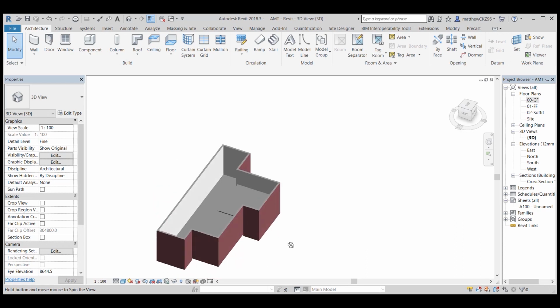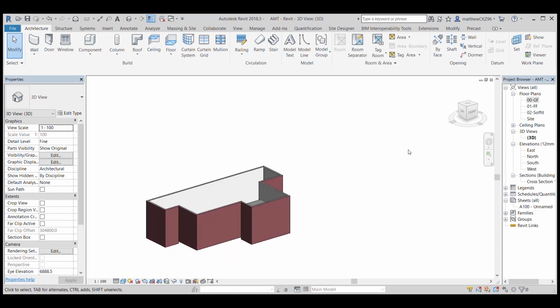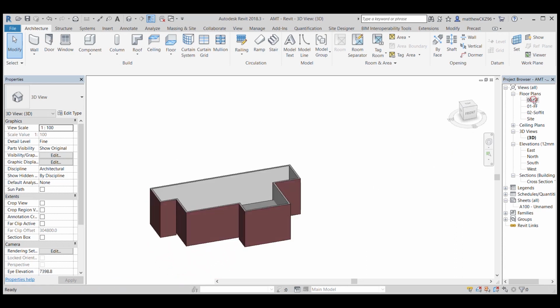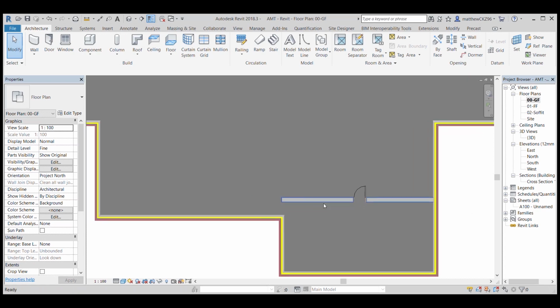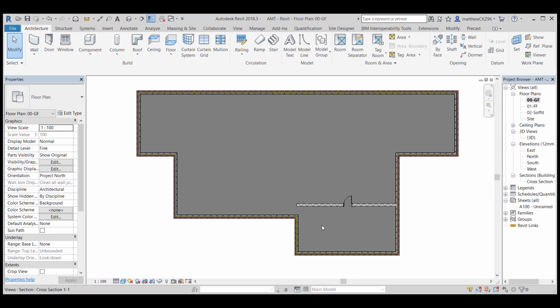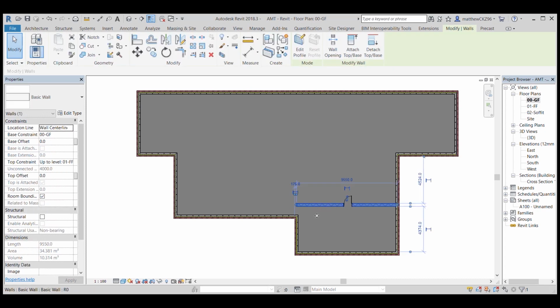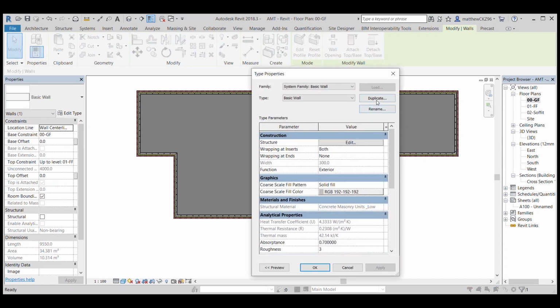Our ground floor, and our walls. Go back into ground floor, and we're going to just put in some masonry partitions, single leaf. For now, no party walls. I'll explain them in another session. So click on this basic wall done before. Go edit type, duplicate, and call that internal